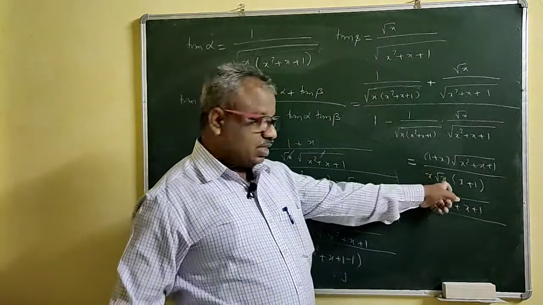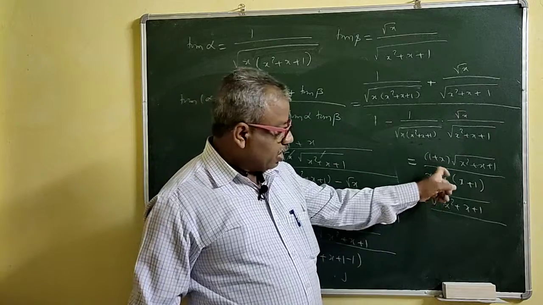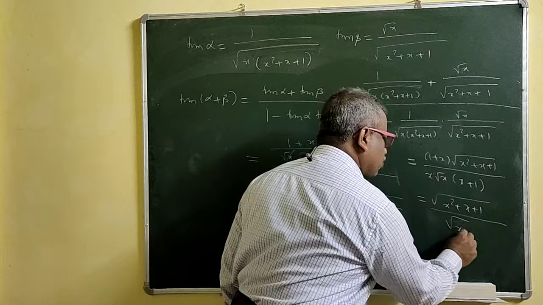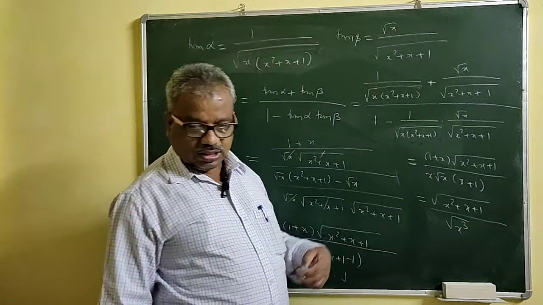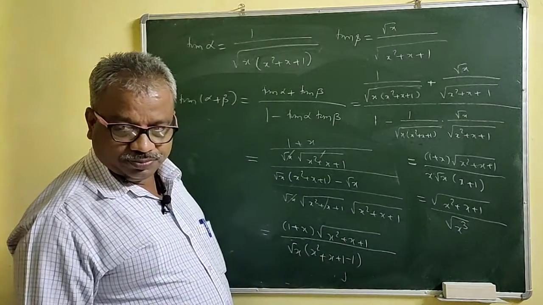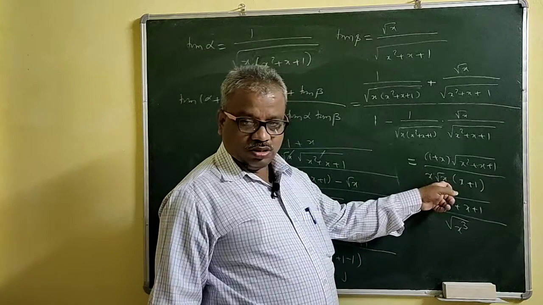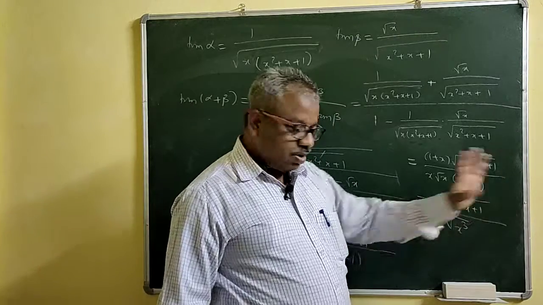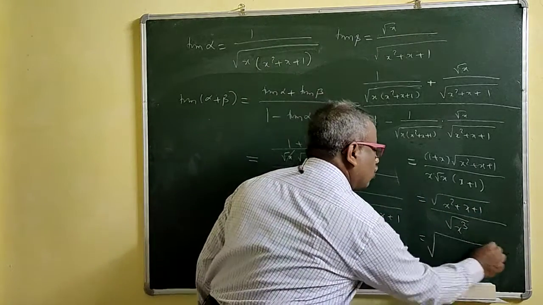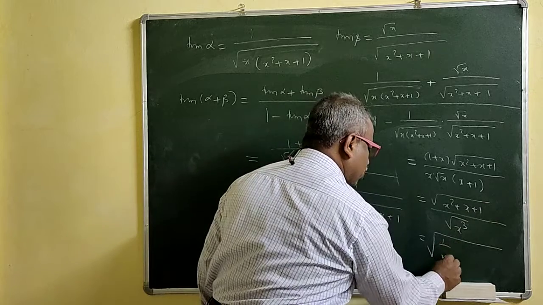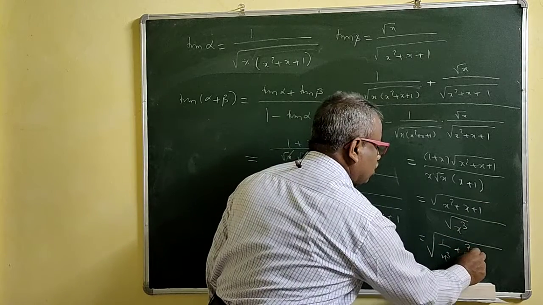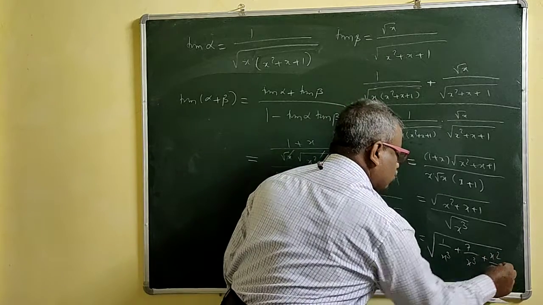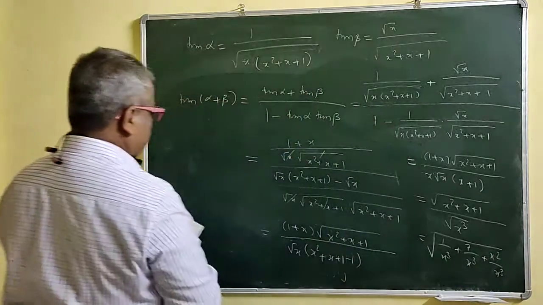What will we do? Take this x inside the root. If it enters the root, it becomes a square. So that means we can write x cube now, right? x root x is nothing but root of x cube. So x enters the root, becomes a square, and x is there. Now this is root, you can divide by this, right? So we write 1 by x to the power 3 first, then x cube plus x square upon x cube, right?